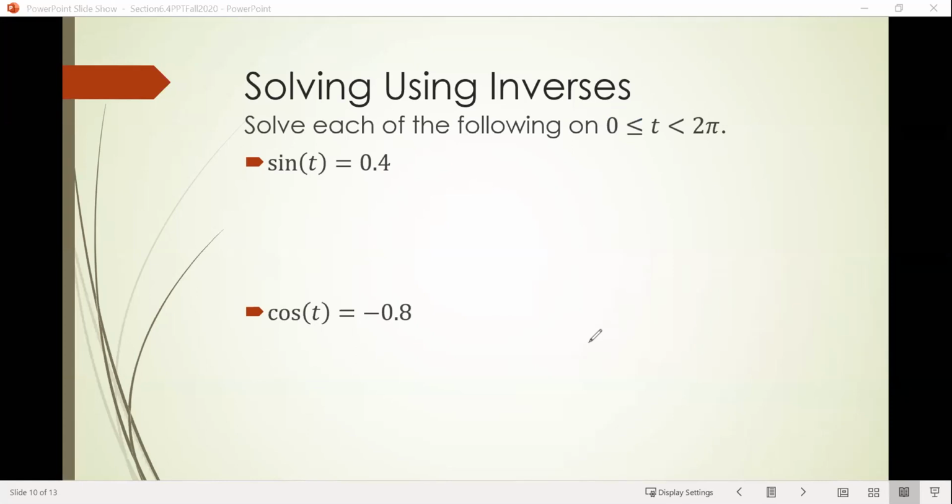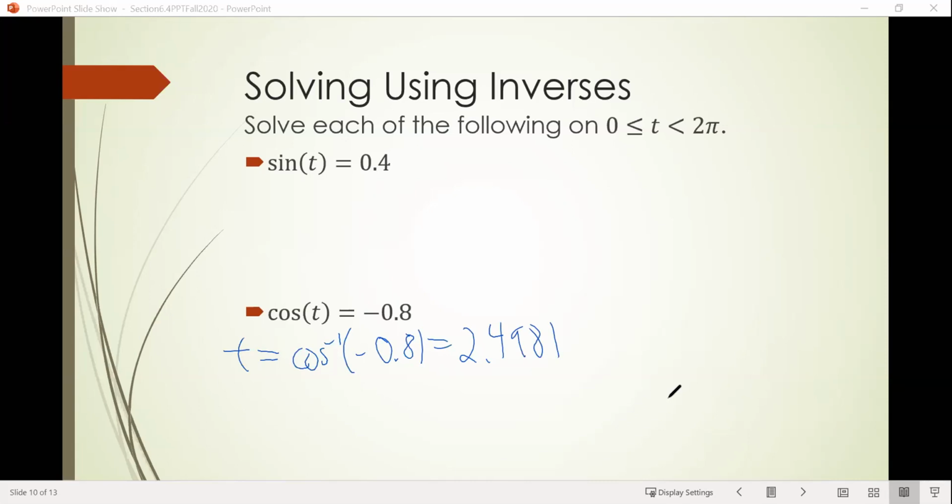So here we have cosine of t equals negative 0.8. I'm not going to flip over to the calculator this time, but we do the same thing as before. So we'll do t equals inverse cosine of negative 0.8. And so when I do that in my calculator, I end up with, there we go, 2.4981 as our angle,